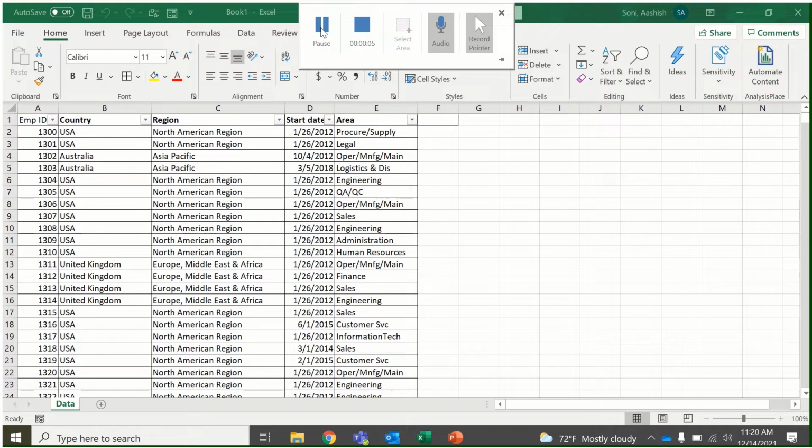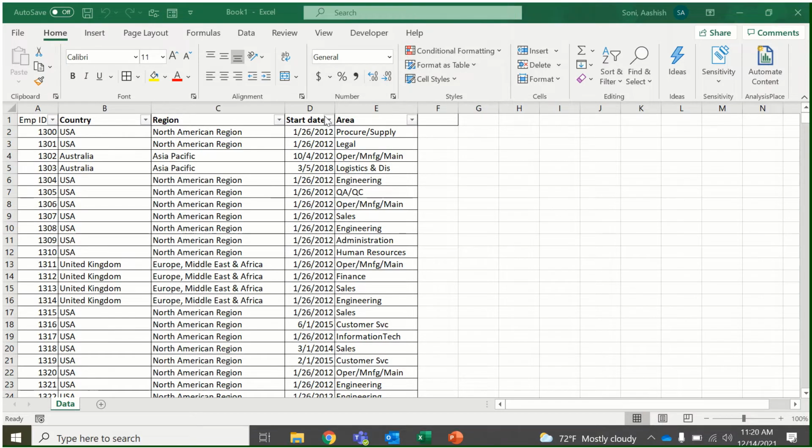It's an amazing feature, how we can get the details within seconds without wasting time. We'll take an original real-world database. You have a database with employee ID, country, region, start date, and end date, and this database consists of around